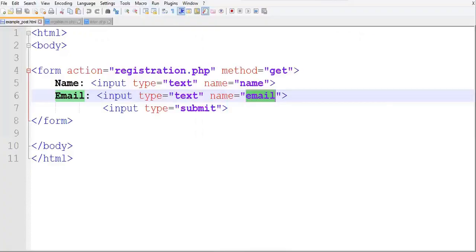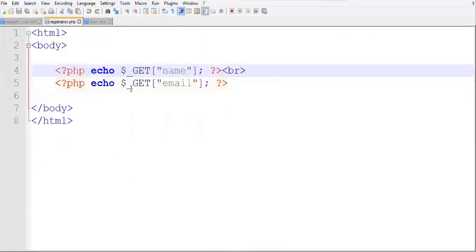So you can see here in the URL, since we have made use of the get method, the parameters and the data are being displayed in the URL after this query string, after the question mark. This question mark is there so that we can differentiate between the page and the parameters that are passed. Now, how is this getting displayed? This is getting displayed because of our PHP script that we have typed here.